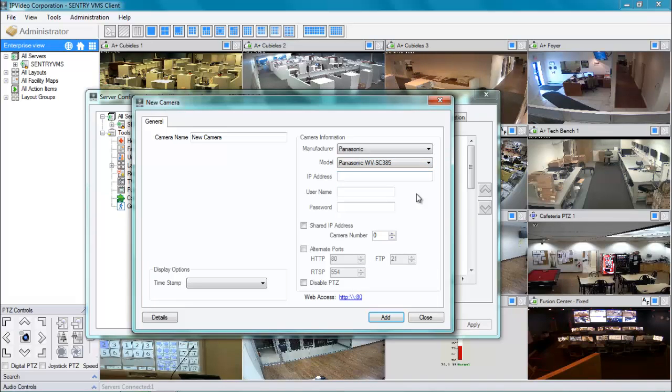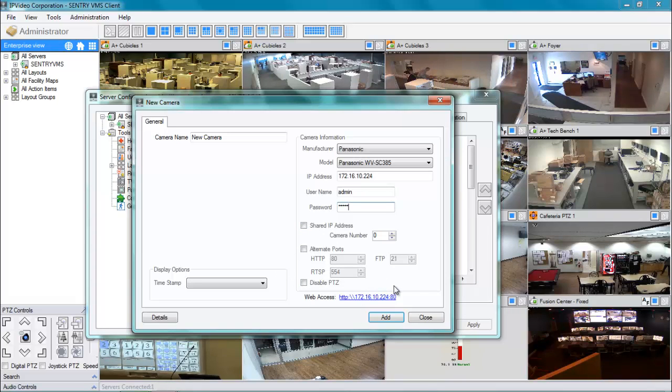What we'll need is the IP address of the camera on our network, so we can identify that and communicate with it, and also the username and password that allows you to gain access to the camera via its web interface. Other parameters you see here are only to be used if you're sharing an IP address on your particular network